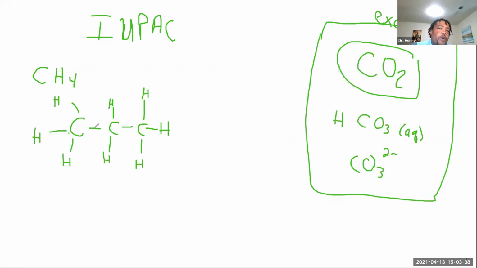The first thing is that when things are all single bonded, you have only single bonds and you have hydrogens that are occupying all of the spaces that are able to be occupied, it's considered to be saturated. So this guy is considered to be saturated because it's saturated with hydrogens. So there are no double bonds, okay, or triple bonds, okay? So anything that doesn't have any double bonds, and it only has carbon and hydrogens, these guys are all called hydrocarbons, first off. So this would be called a hydrocarbon because it has carbon and hydrogen.